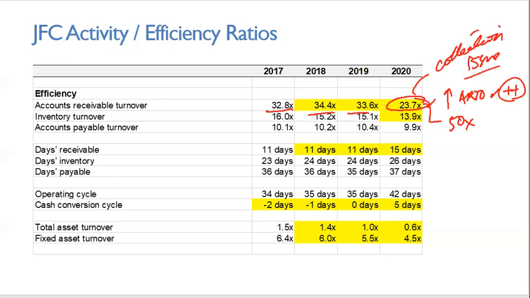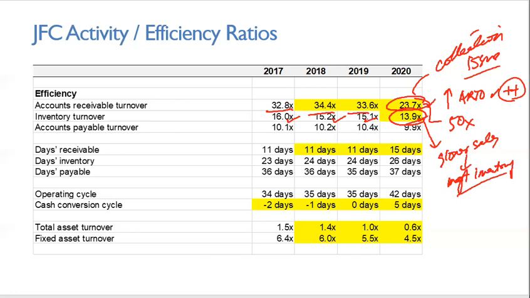Okay? Inventory naman means how many times a year nauubos yung inventory mo. Okay? So, from 16, 15, 15, naging 14. Medyo bumaba, konti lang. Right? No? So, di ba alam nating mahina ang sales? Slower sales? Ibig sabihin, they were also able to manage inventory in such a way na hindi rin sila nag-produce ng marami. So, pag binabaan mo yung level of inventory, mahina ang sales, then